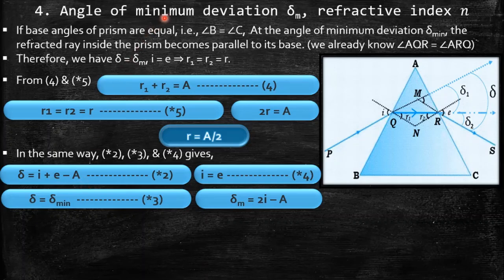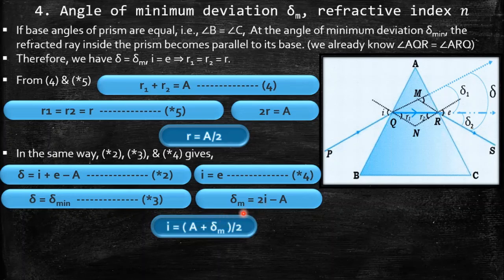Well, half of my climax is already done. That is, I've already found out the angle of minimum deviation delta M. Now, because I want to find out the refractive index of the medium, I will obviously have to find out i, right? And how do I do that? I simply take A on the LHS. What do I get? A plus delta M is equal to 2i, which brings me to the fact that i will be equal to A plus delta M by 2.